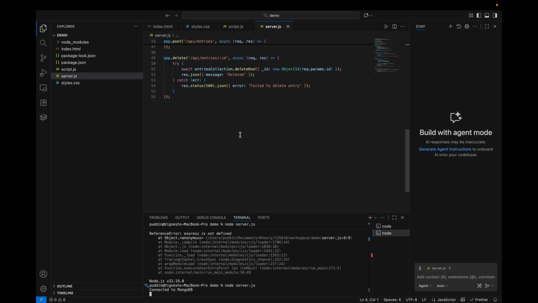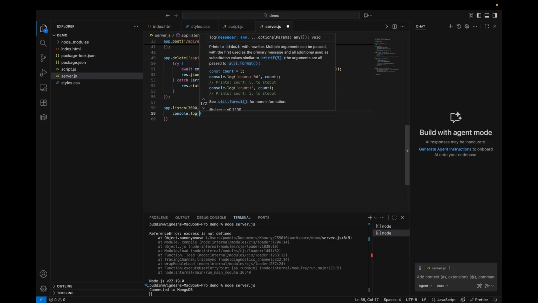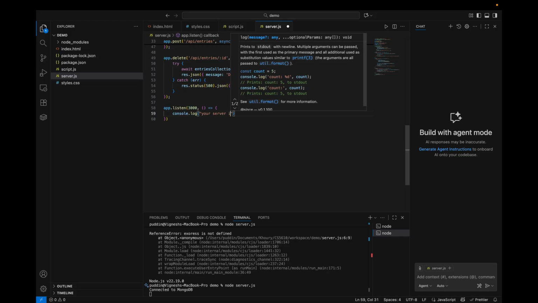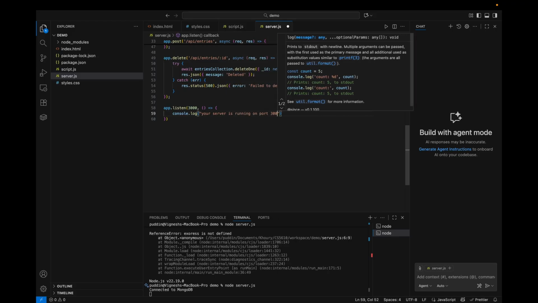Oh yeah, so the most important part is to listen, right? So we need our application to be listening on a specific port. So we want our application to listen on, let's say, port 3000, and we pass a lambda function here, which we can just leave like this, or we can try to log where the server is running, right? Your server is running on port 3000,